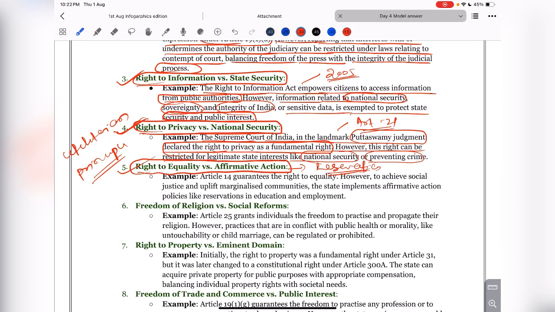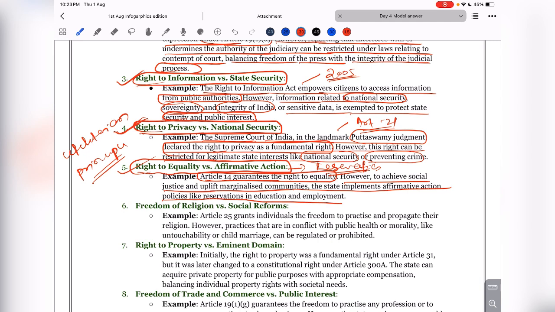You might be knowing that in the Indian Constitution we are providing reservation for education, job and politics. So Article 14 guarantees the right to equality. Article 14 gives you the right to equality. However, for achieving social justice and upliftment of marginalized communities, the state implements affirmative action or affirmative policy like reservation in